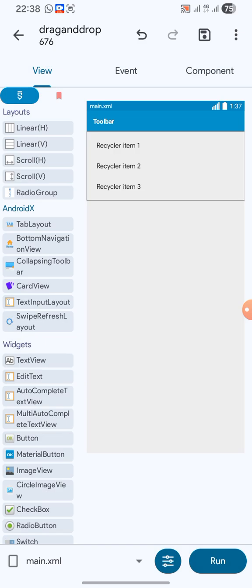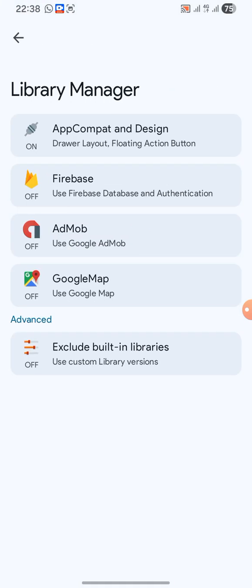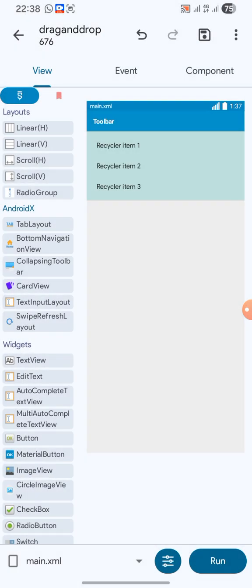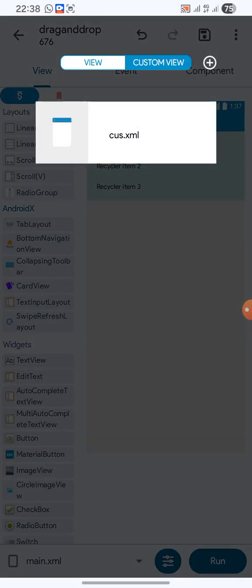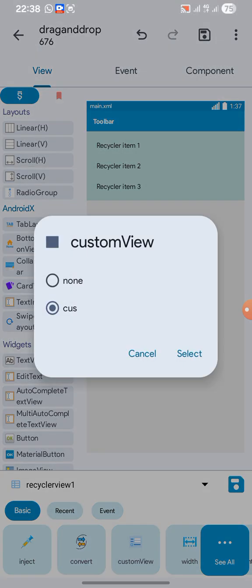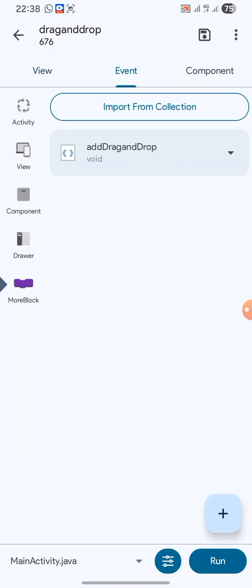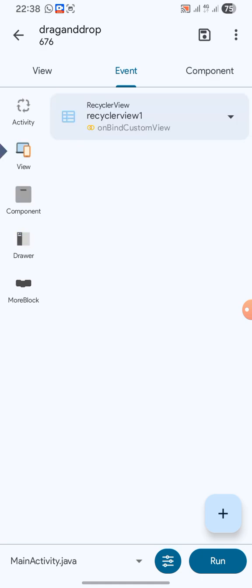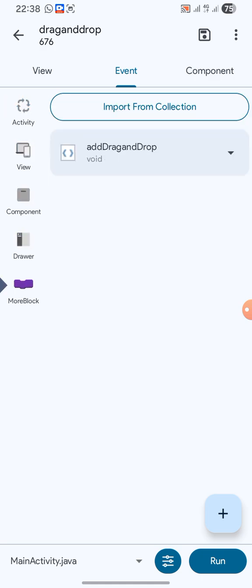view and you have enabled the AppCompat library, and then you have set up your custom UI and bound it to your recycler view normally. So the standard way of adding a recycler view, just add this more block, which is the magic, no extra code, and then